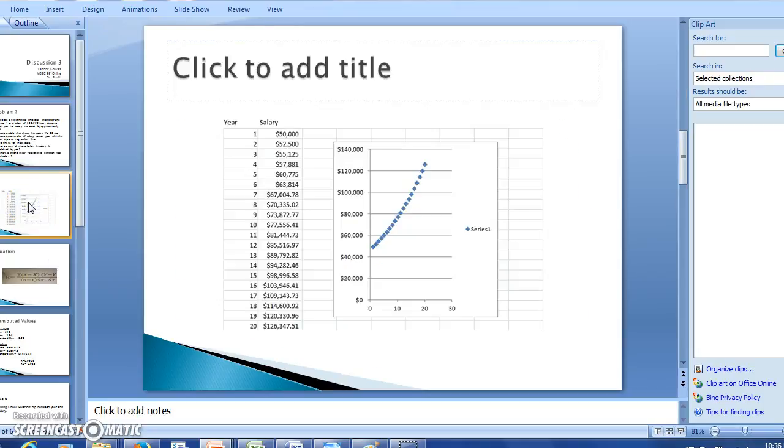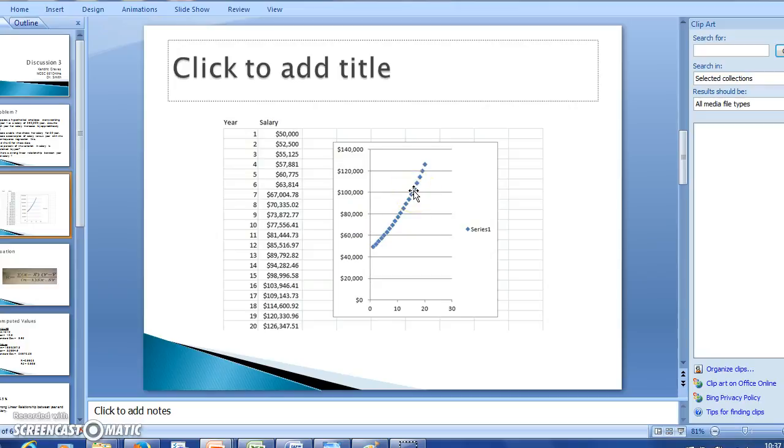So first thing I did was I made a chart. I'm starting from year 1 to 20. And as you can see, starting from year 1 at $50,000, each year it rose 5%, all the way till we got to $126,347.51. And to the right I have my scatter plot, and you can see the line of regression is